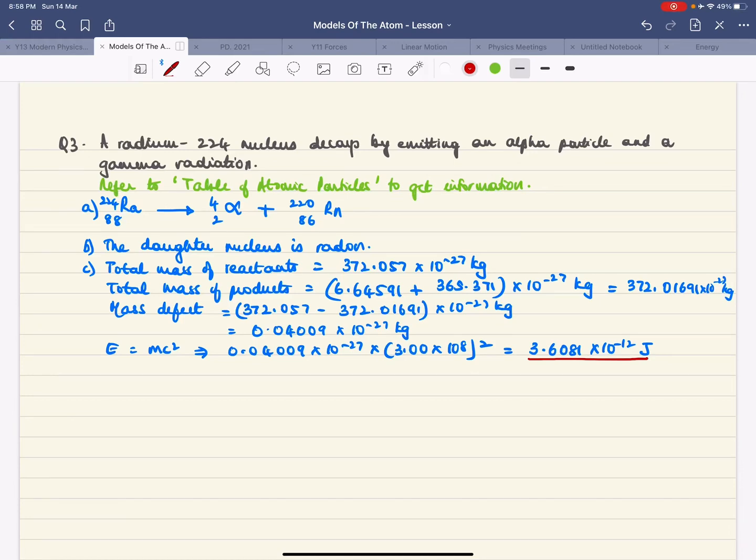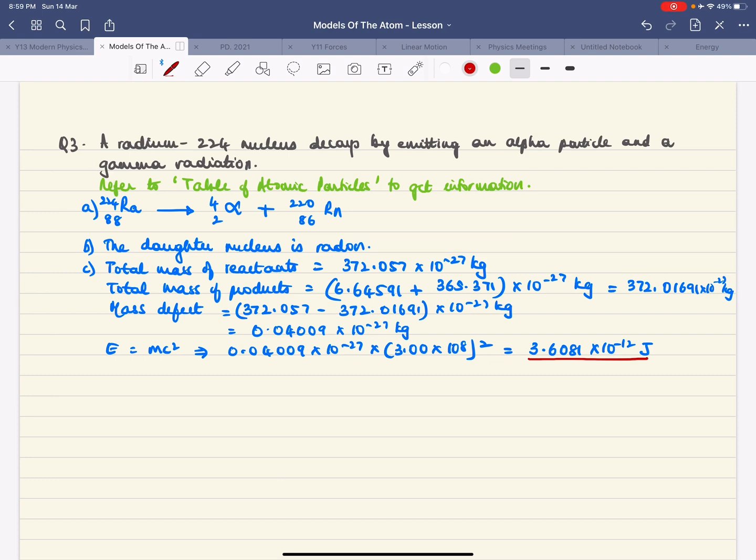I'm just going to work through question 3 from your questions on nuclear reactions. These are nuclear equations. So question 3, I'll just read the question. A radium-224 nucleus decays by emitting an alpha particle and a gamma radiation. So the first thing is, write a balanced nuclear particle equation for the emission of an alpha particle from a